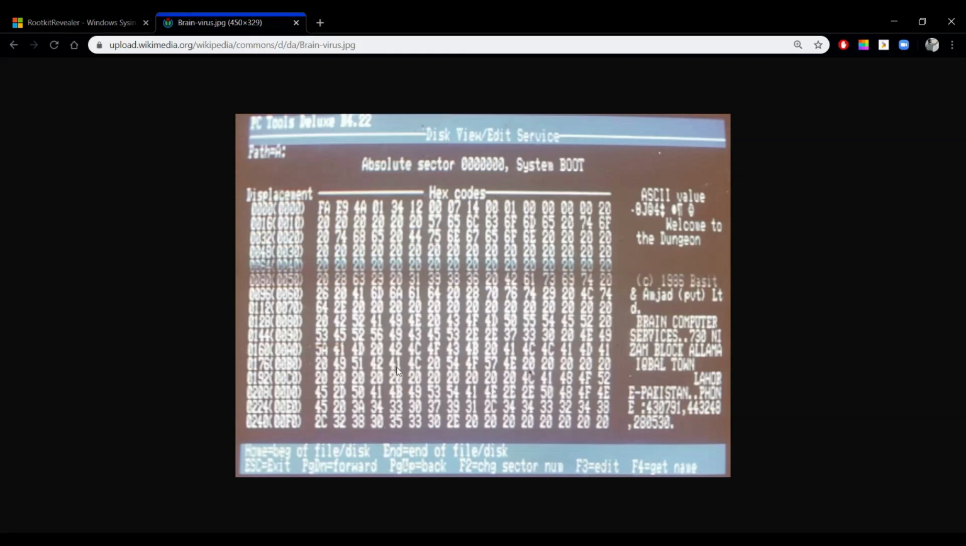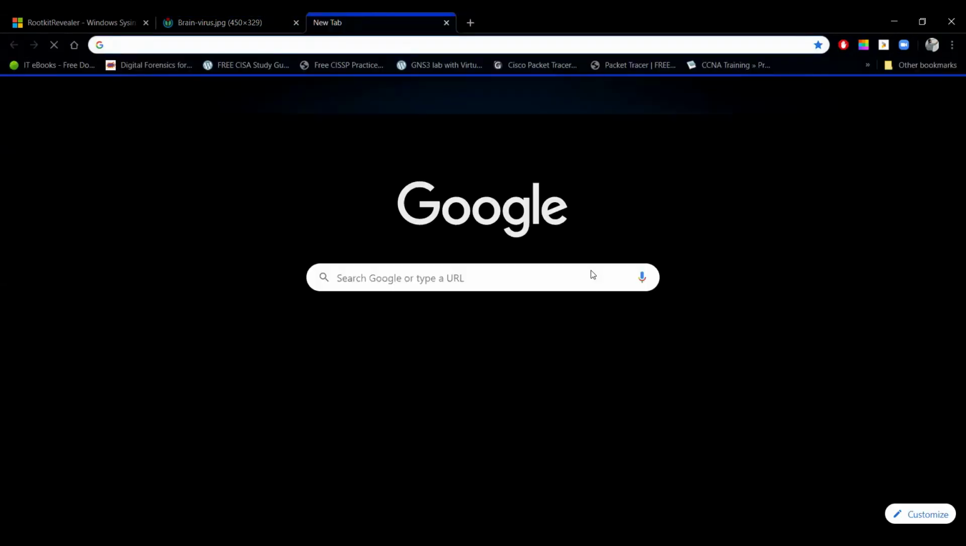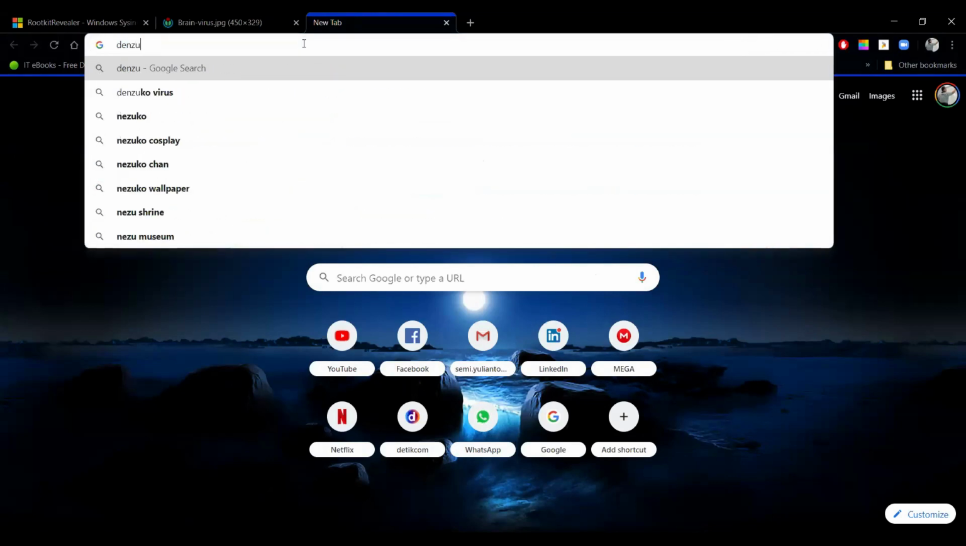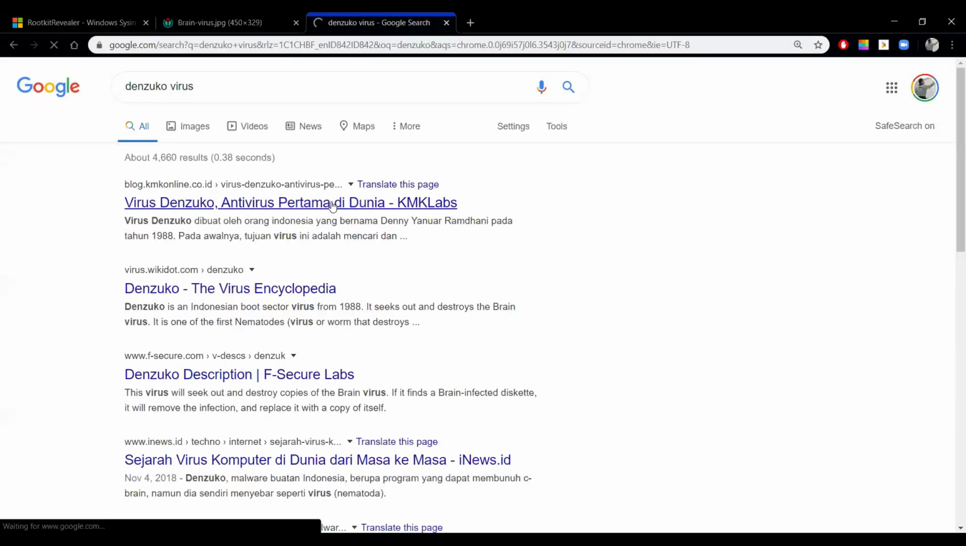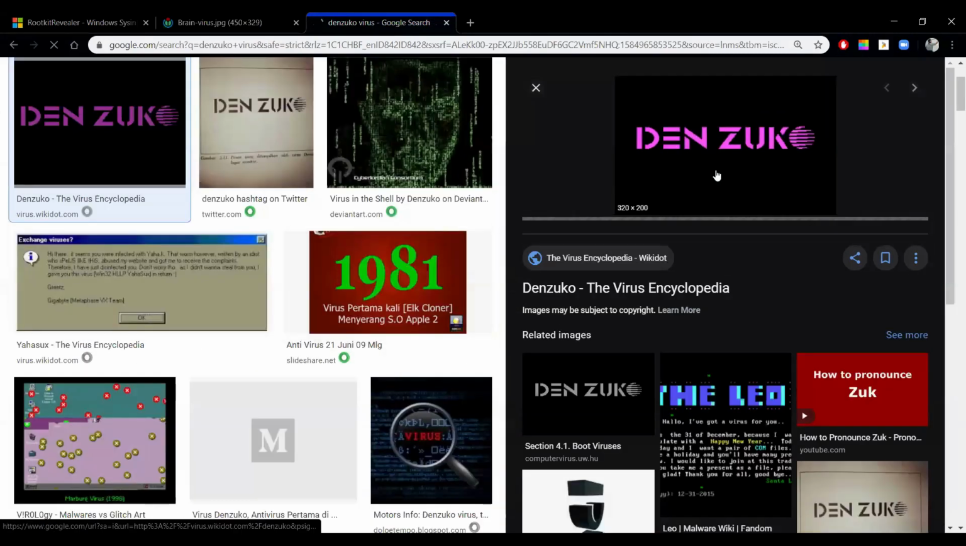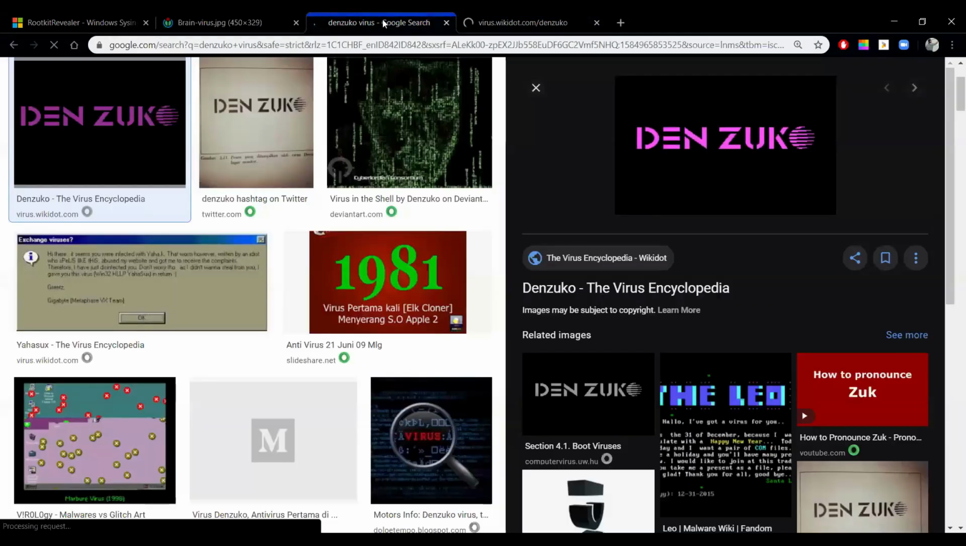Okay. Then in Indonesia, I remember that there was a virus that actually infect and remove brain. I remember the virus name is Denzuko. This is Denzuko. So if you look at Denzuko,